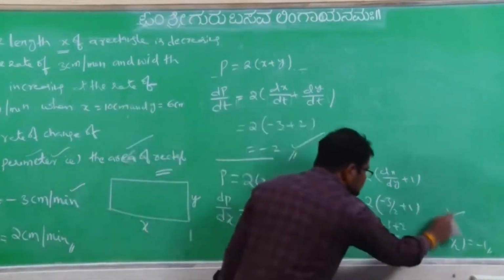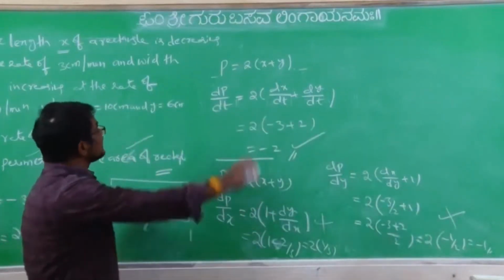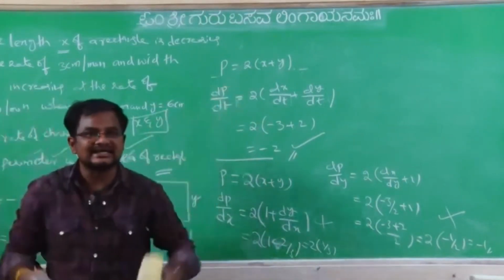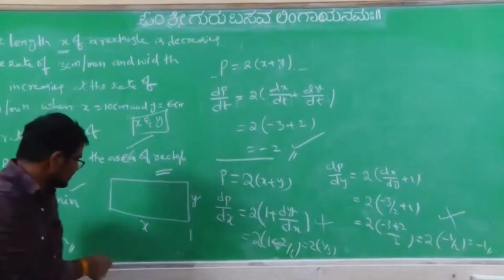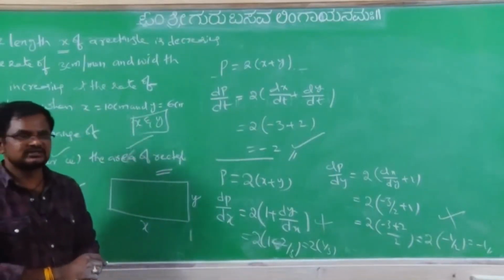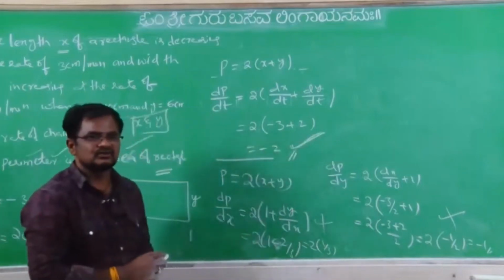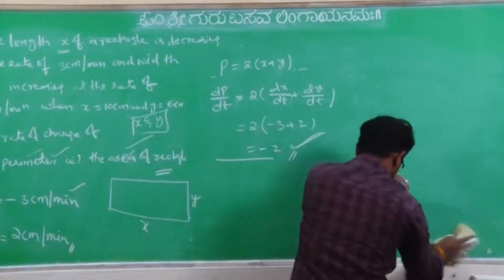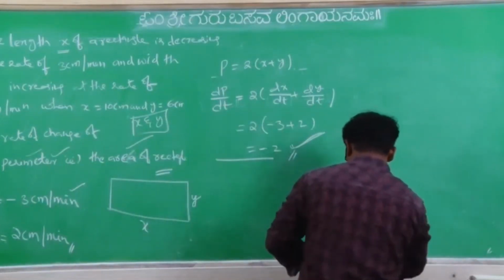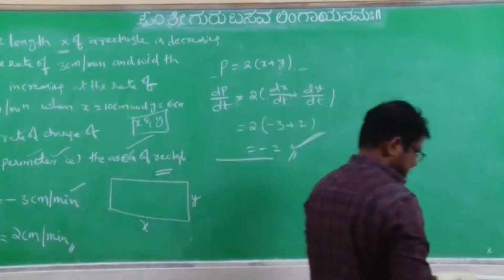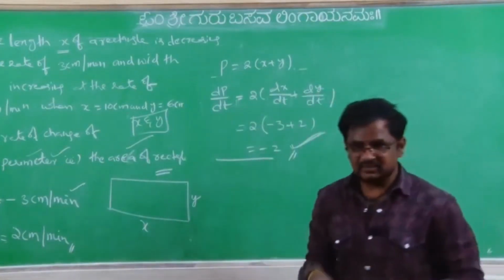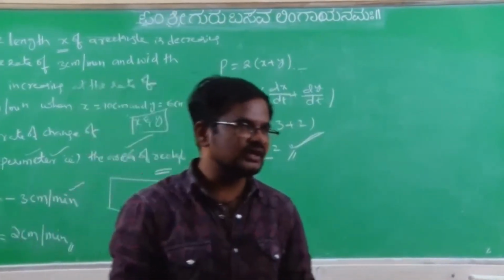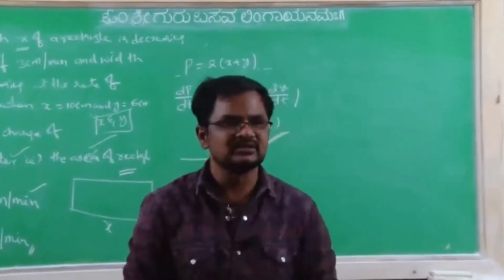This is wrong, this is also wrong, because here x and y are also changing with respect to what? Time. So with respect to time only we have to find it. That's why our exact answer is minus 2 only. So these two we can't take. So this is about the first class of rate measure. Tomorrow also I will continue some more problems on this rate measure. Okay? Okay, thank you.